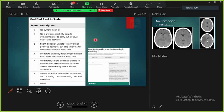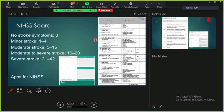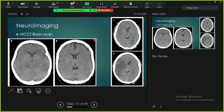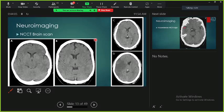Right. So first, when this patient comes to hospital in the acute state, we examine the patient and we get the patient's NIH score. We have charts in the A&E, and we mark and we get the patient's severity of the stroke, and then we decide on whether the patient can be thrombolyzed or not. And then the imaging method. Now we go for the non-contrast CT of the brain,